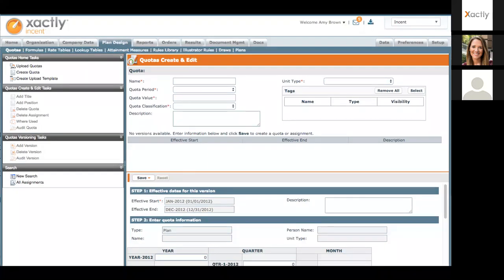And because you've all joined us here today, I can tell you a little bit. We are adding the ability for you to have custom fields on your quota record. So if you really wanted to identify a quota type to drive forward with this standard, you can look forward to having that quota custom field in Incent in the very near future. So a little bit of roadmap information for you there.